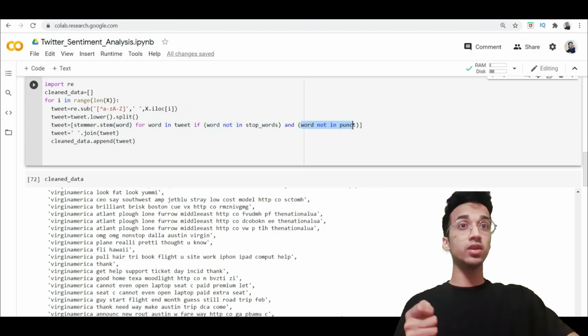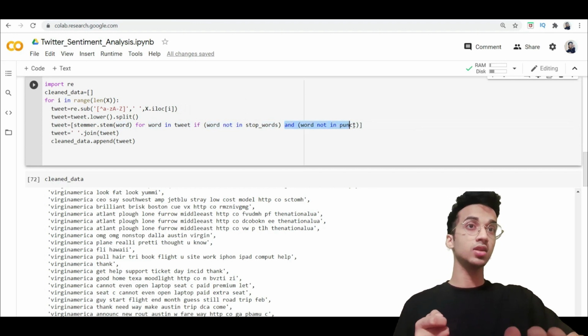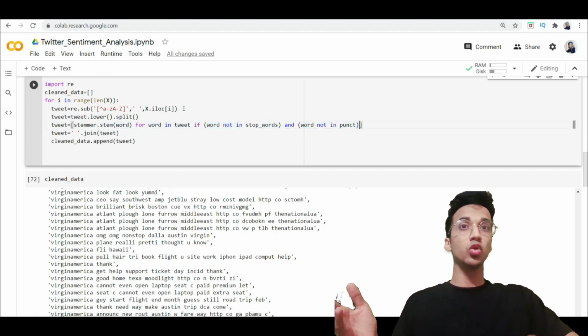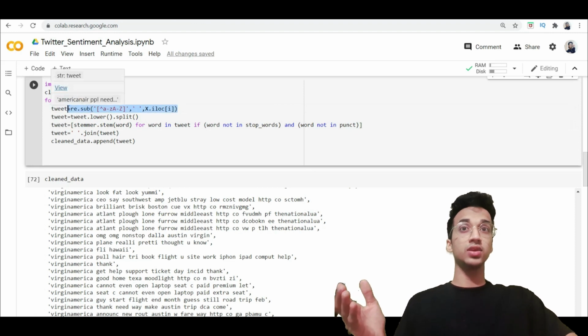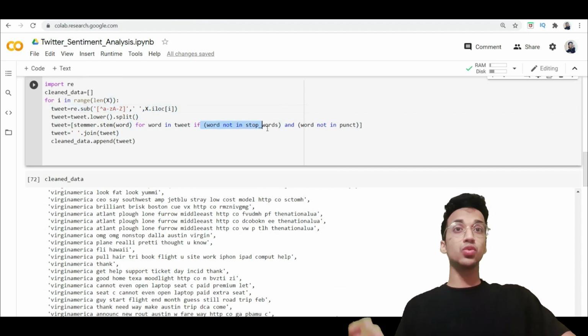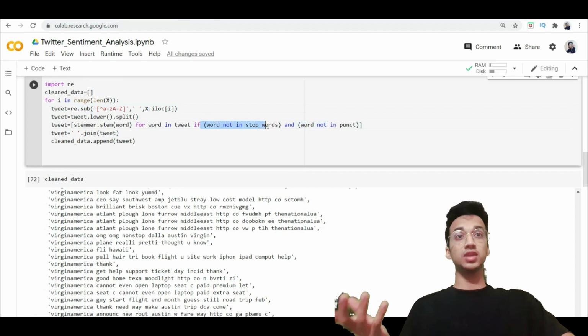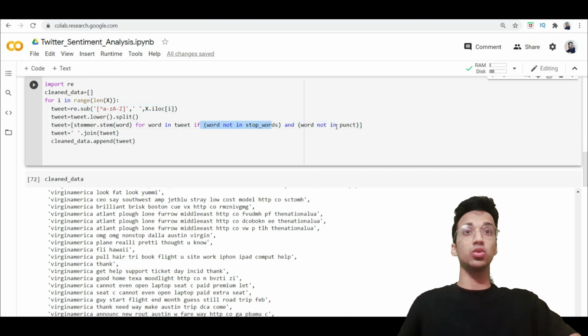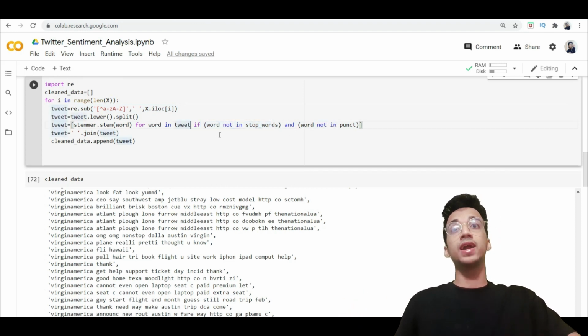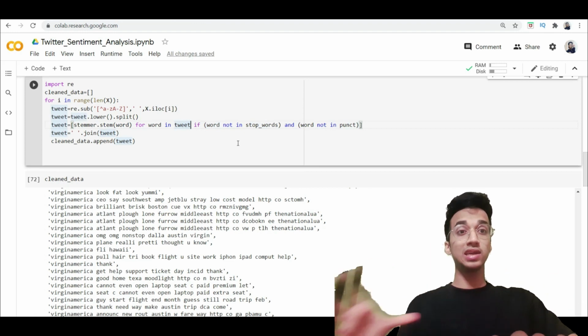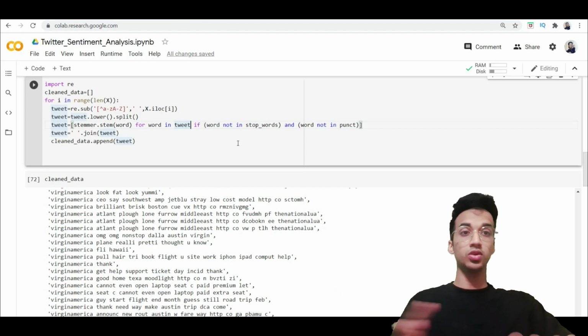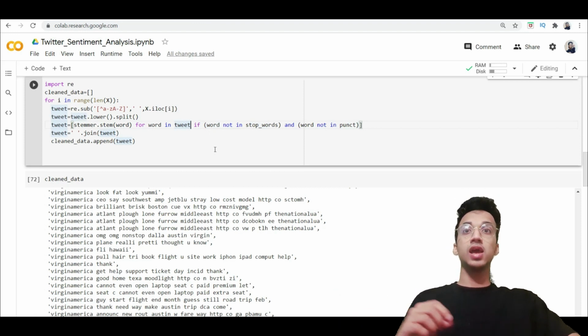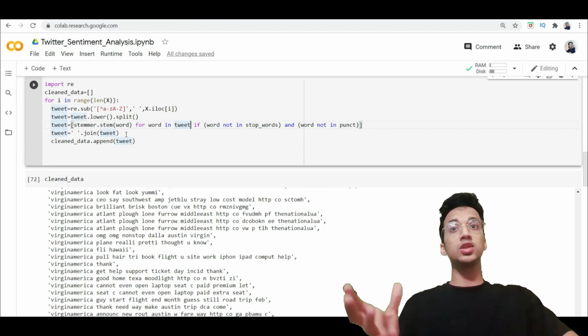And also we didn't even need to remove punctuation marks because that has already been removed over here, in the regular expression substitution line. I just wanted to show you how you give two conditions inside a list comprehension, which is why I wrote it over here. And once that is done, you're done. You basically have a list of all cleaned words. You have removed the stop words, you have removed punctuation marks, and now you're joining the list of words.